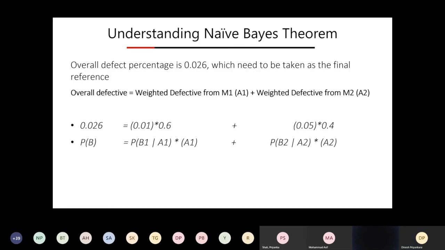If you have the points, all you do is divide your overall defect rate by the same number.